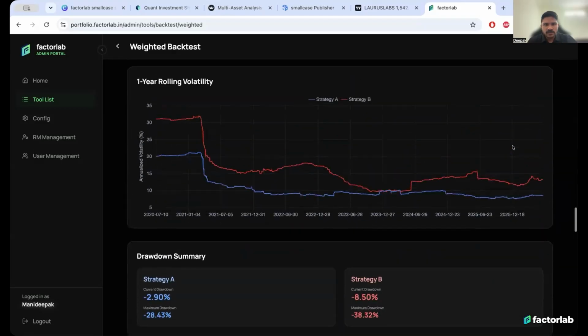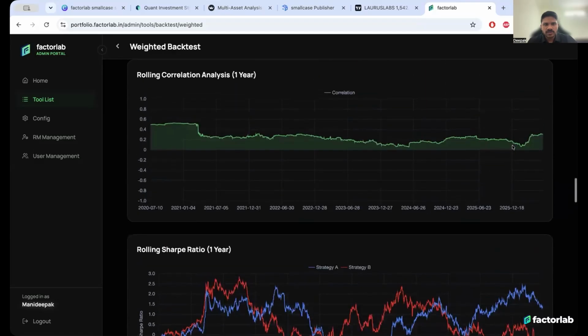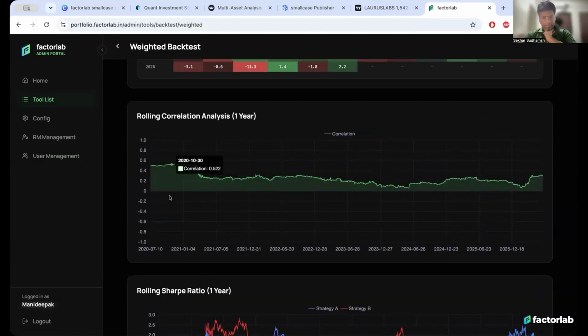So if you look at the 1 year rolling correlation, see the range here. Initially, it's on the higher side, like 0.5 when it started. You see this from 2020, but the data is from 2019, right? So 1 year rolling correlation, so you start from 1 year after, right? So while it is around 0.5 initially, lately it has retreated to 0.2 to 0.4 kind of range, right?